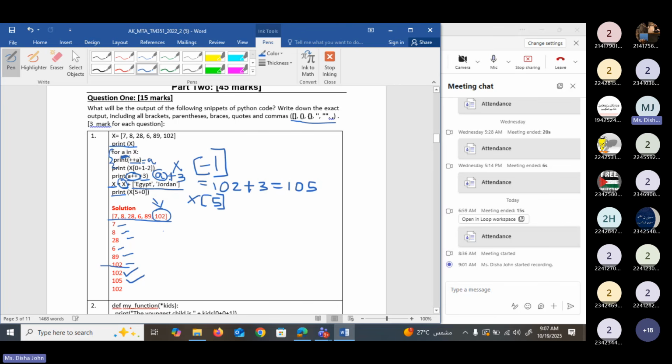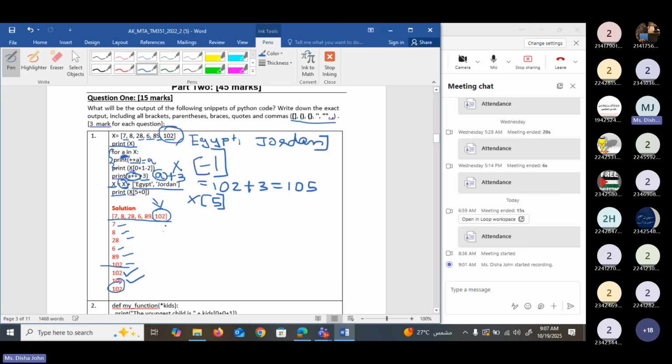Here all the elements of this list plus we have two more elements, that is Egypt and Jordan. Okay, so this is our list now. So which is the element at index 5? So 7 is at index 0, 8 index 1, 28 index 2, 6 index 3, 89 index 4 and 102. It is the fifth element or the element at index 5. So that element will be printed. Clear?